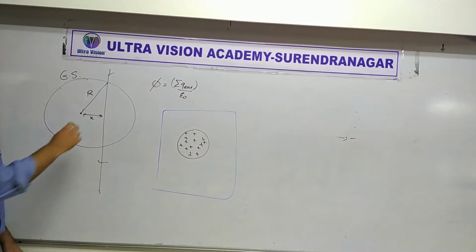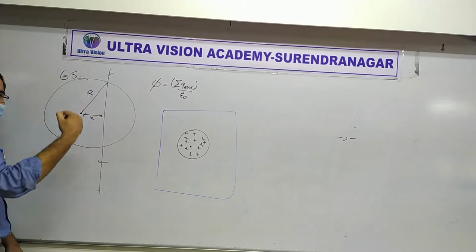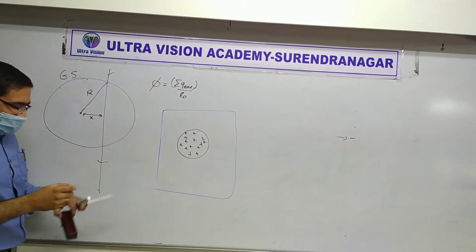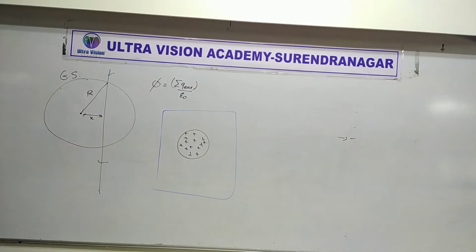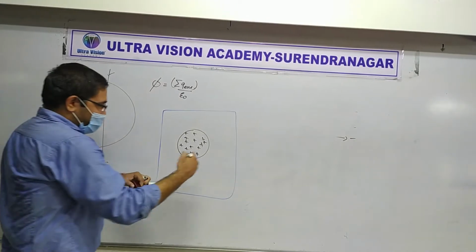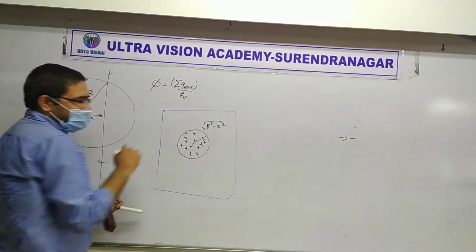Right? By Pythagoras theorem, you can see this will be the radius. Clear or not clear? Okay, so that's the radius. So what do you think will be the answer of this question now? We have found the radius of this thing. How much is the radius of this thing? Under root r square minus x square.